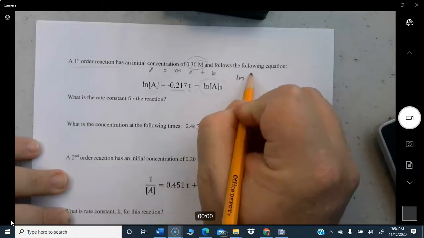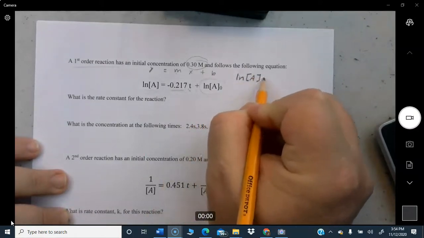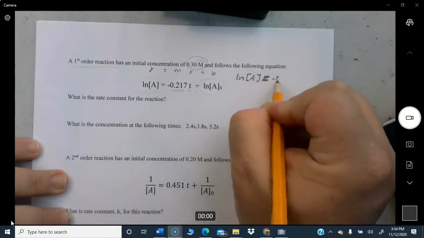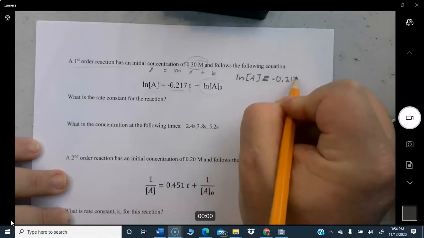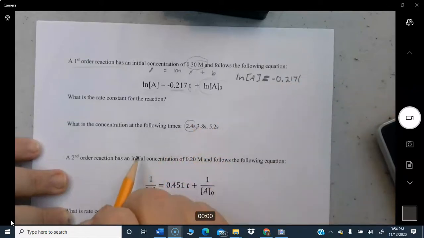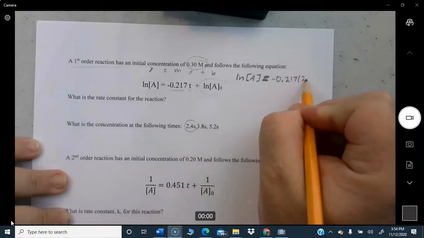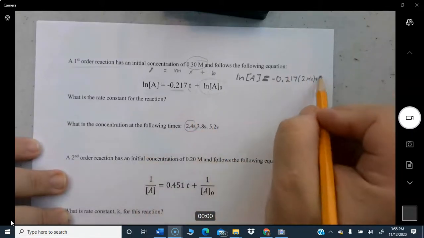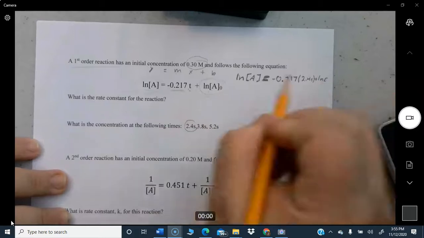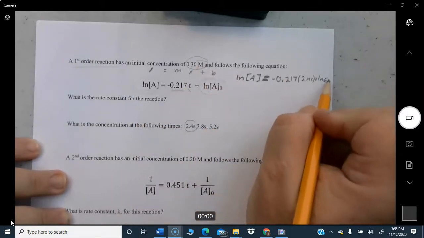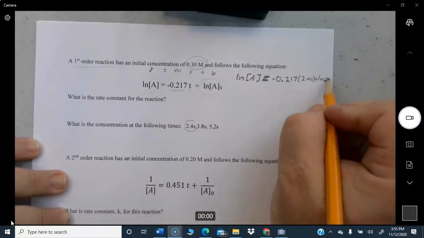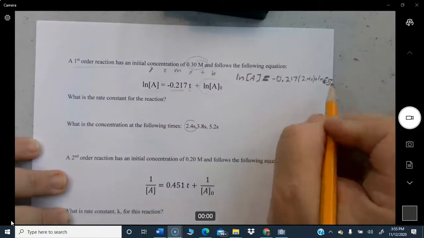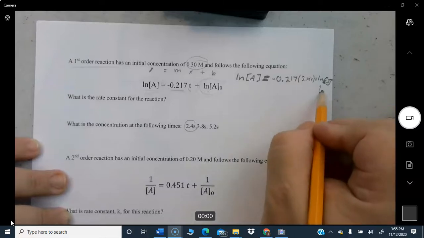I'm going to do ln A equals this times the time. I'm going to do the 2.4 for you here, plus the natural log, I'm running out of space here, of this, 0.3. Okay, I trust you can read that. That's natural log, that's the concentration, 0.3. Natural log, okay? So we can go ahead and compute that